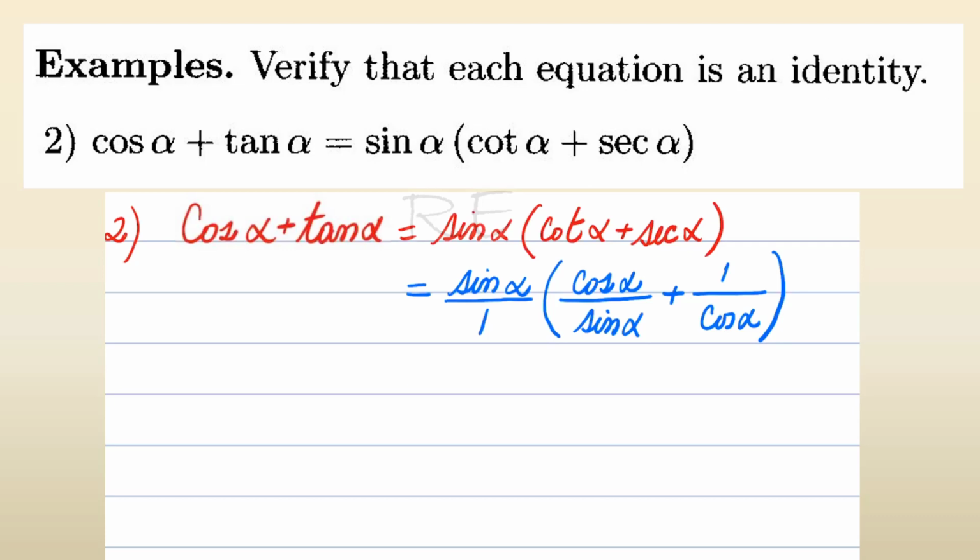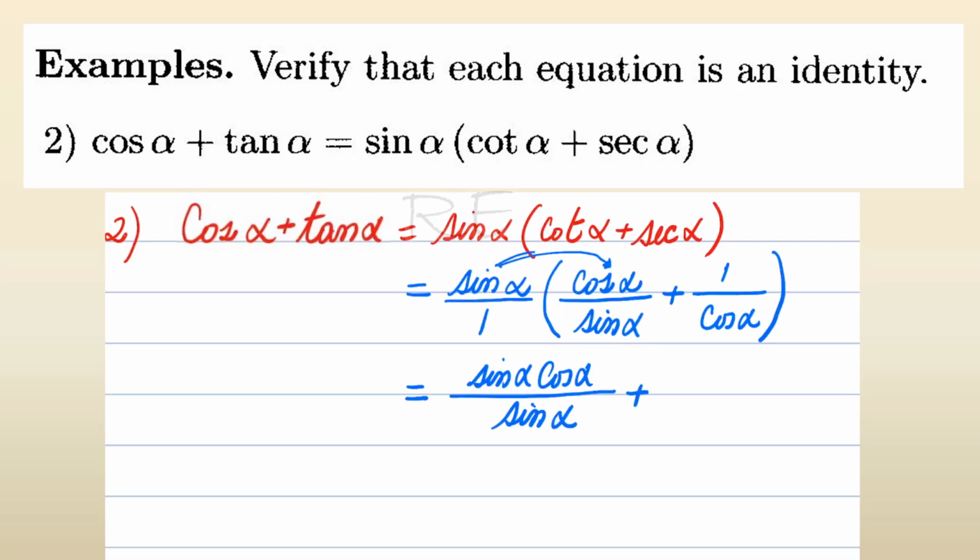Using distributive property, we distribute sine alpha over cosine alpha over sine alpha. Sine alpha cosine alpha divided by sine alpha,